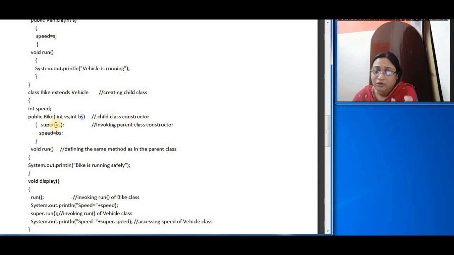That is, you are calling the constructor of the base class. So super, and I am passing the value vs. With this value vs, the speed variable gets initialized in the base class. And then I am initializing speed equals bs. Now this speed is the speed variable of the derived class.